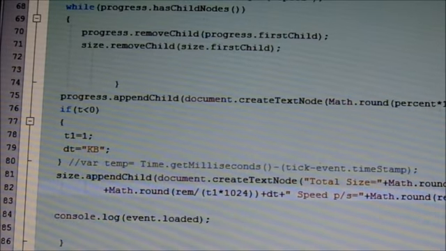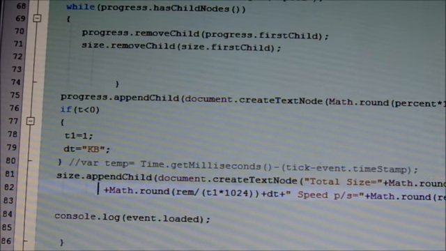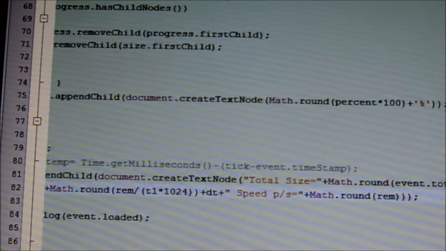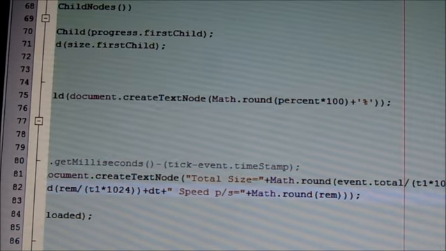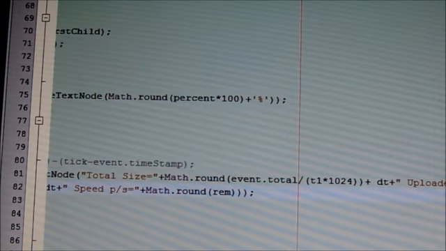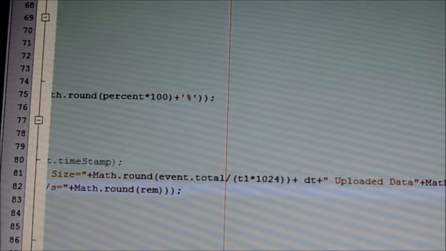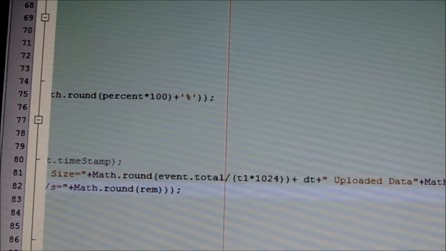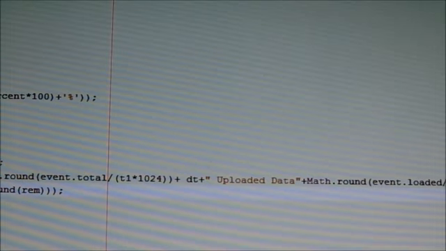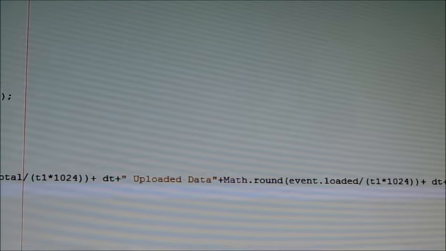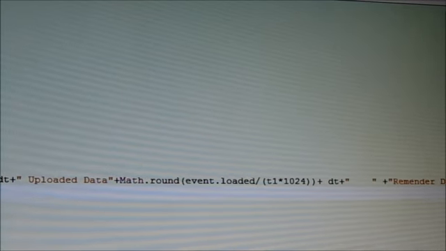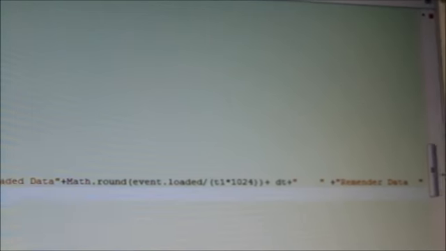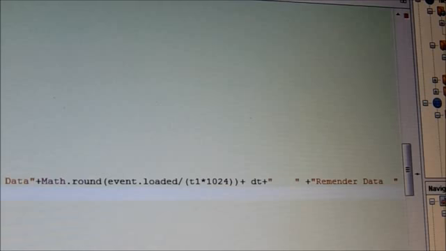Size.append.child create text node total size. It calculates the total size, uploaded data, and remainder data. How much data is remaining? Upload the file.